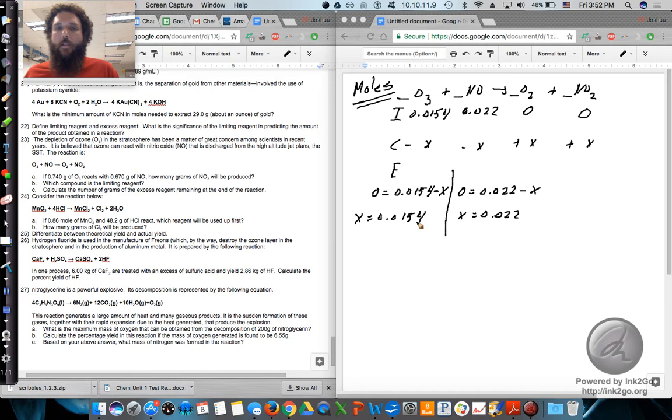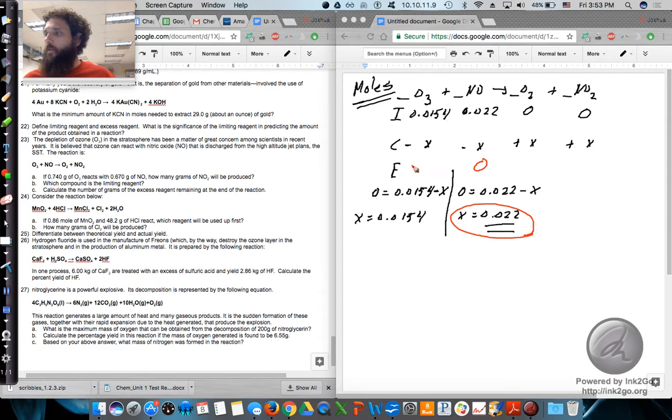So let's look at the very first one and say, for example, that nitrogen oxide is going to be the one that runs down to 0. So we're going to say that this is the x we're plugging in. So if we plug in x to the change, 0.022 minus 0.022 would get us to 0, just like we want. Let me change colors here. That would get us, if we're using this one, to 0. If we put it over here, though, 0.0154 minus that